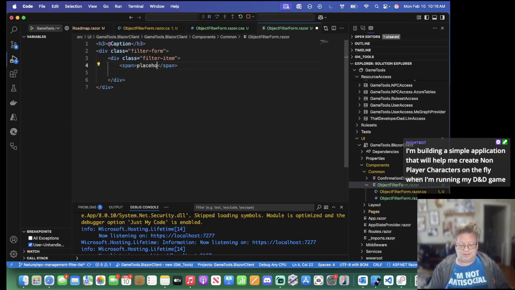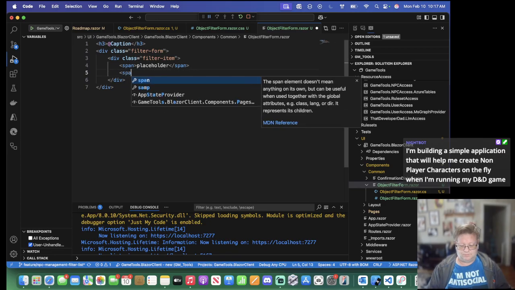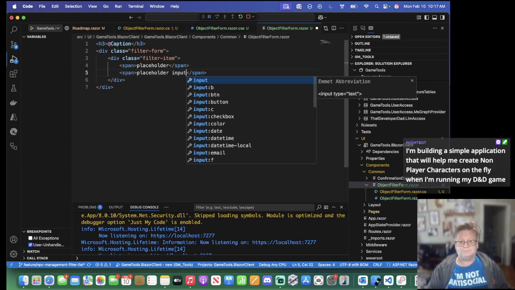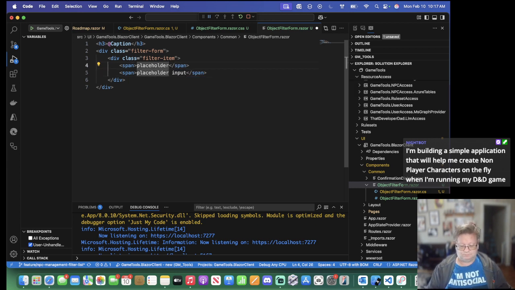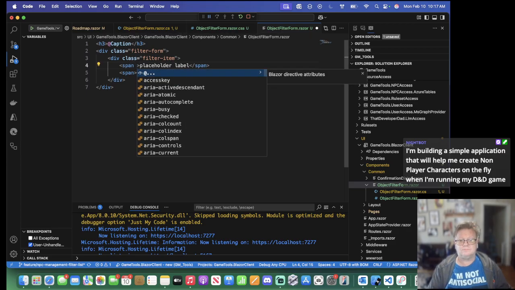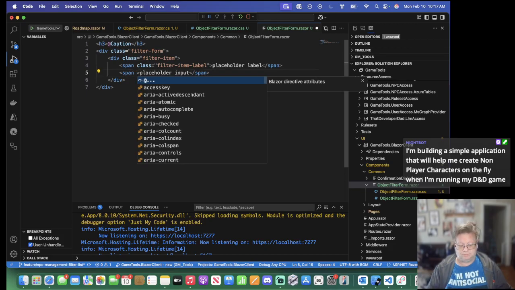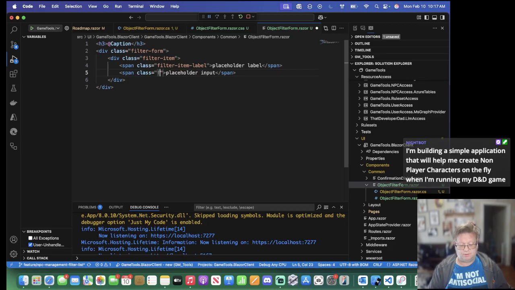Span placeholder, span label class equals filter-item-label, class equals filter-item-input,